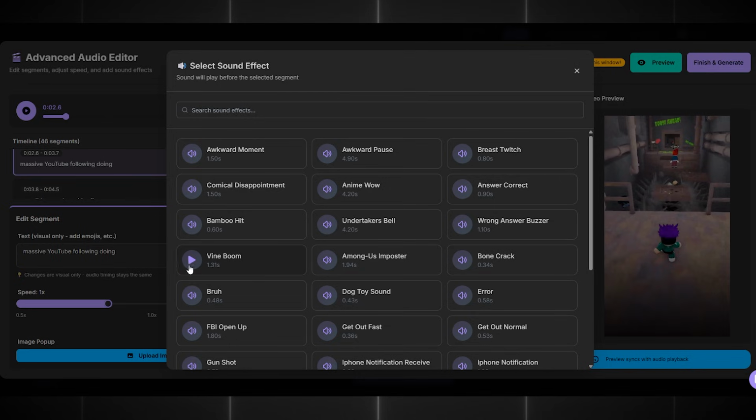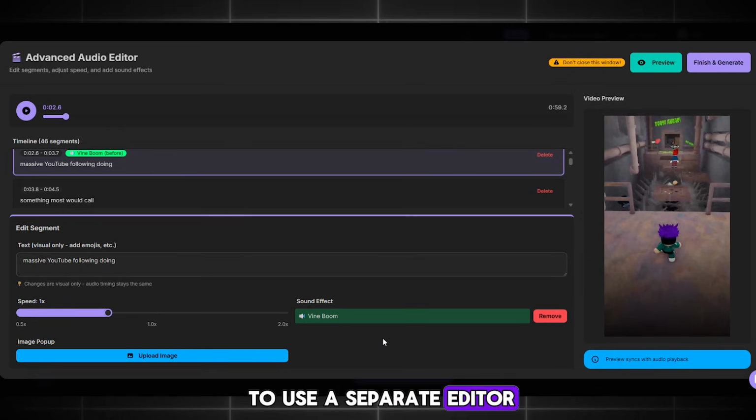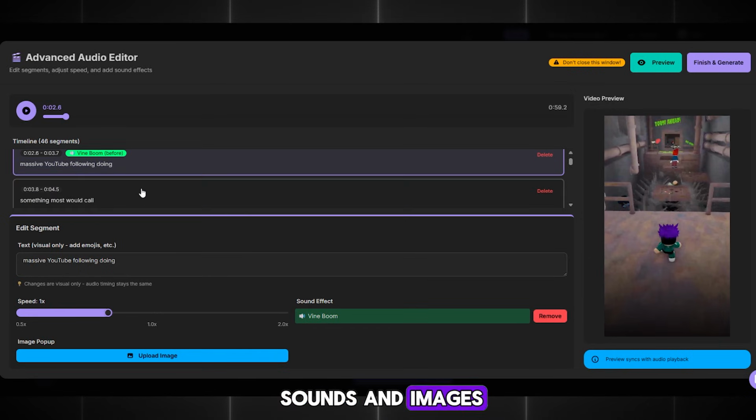Bruh. There is a lot you can add. You don't even need to use a separate editor, because you can insert sounds and images directly on the website,